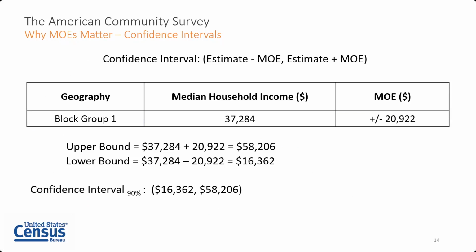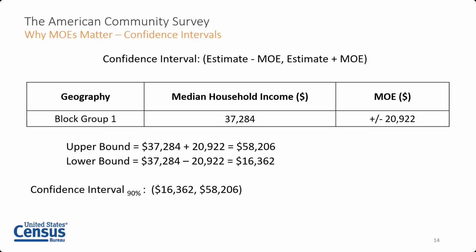You might have noticed that our MOEs are always displayed with a plus or minus sign. So this is a good clue to remember that the estimate plus or minus the margin of error provides the confidence interval. Now let's look at an example of a hypothetical block group. Block groups are the smallest geographies for which ACS estimates are available. Now, our hypothetical block group has a median income of $37,284 and an MOE of